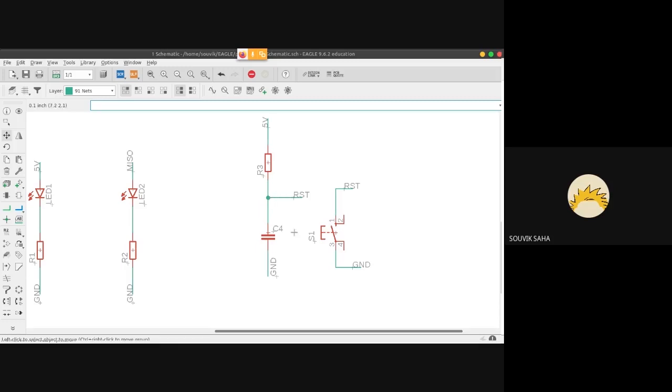This becomes an open circuit, and then the reset pin is pulled high. So at this point, you are no longer in reset mode. Whenever you pull it to ground again, the capacitor discharges itself, and this circuit is pulled down to ground again, and so on.